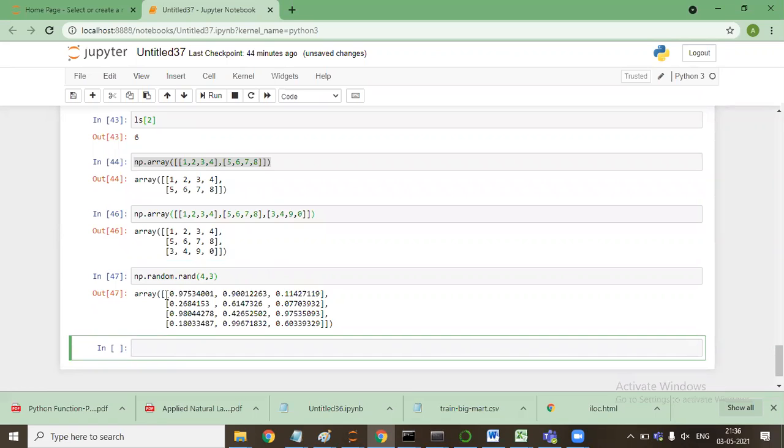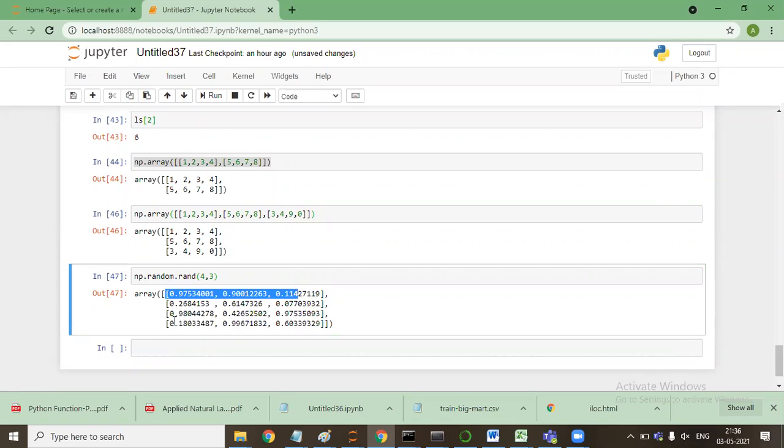You see here 1, 2, 3 and 4 rows and 3 columns. So it's a 4 by 3 array. Now if I'll say this, this will be a 3 by 4 array because it has 3 rows and 4 columns.